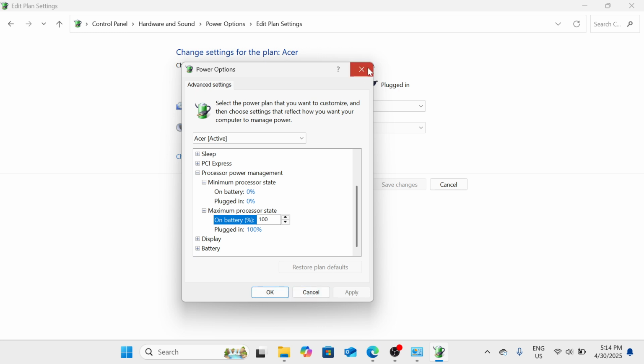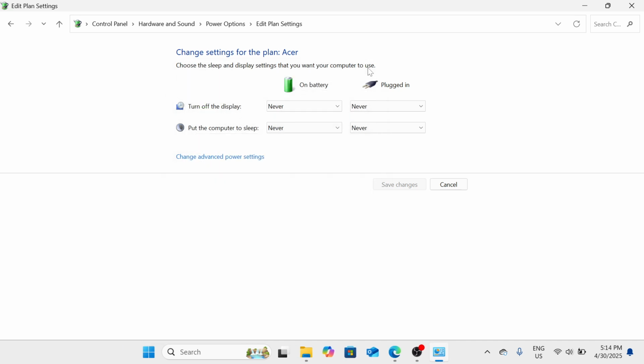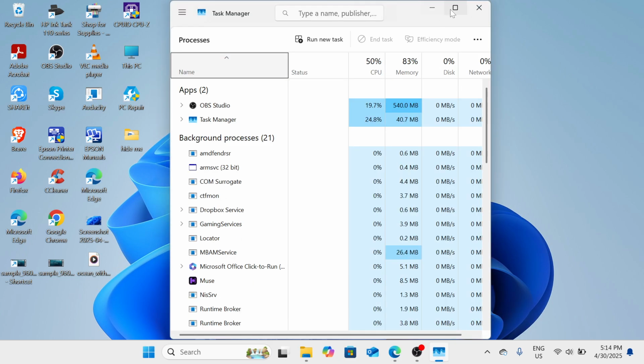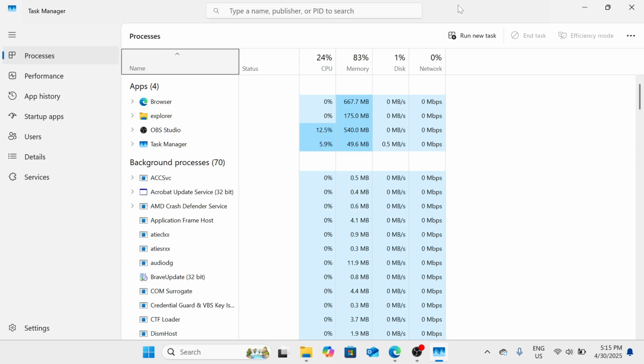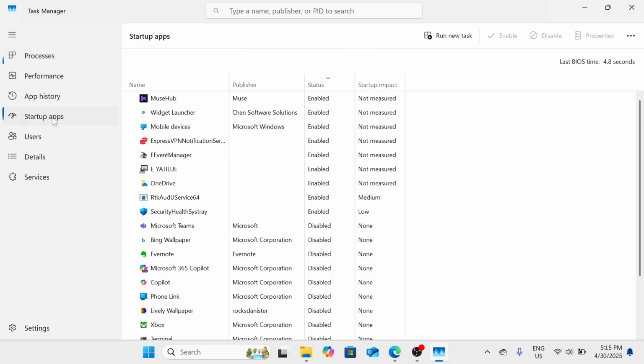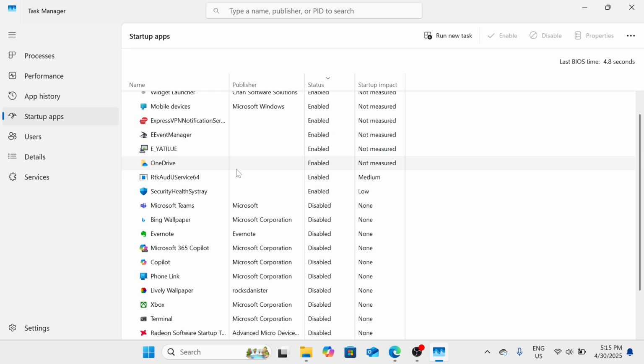Now, once you're done with this, we will disable unnecessary startup apps. Just close this window and we will go to Task Manager. We open Task Manager simply by right clicking here in the taskbar, and then selecting Task Manager. Now, in Task Manager, you'll see the startup apps. If you're not seeing this, simply click on the three horizontal lines icon, which opens the navigation. Now select startup apps, and you will see the enabled and disabled options